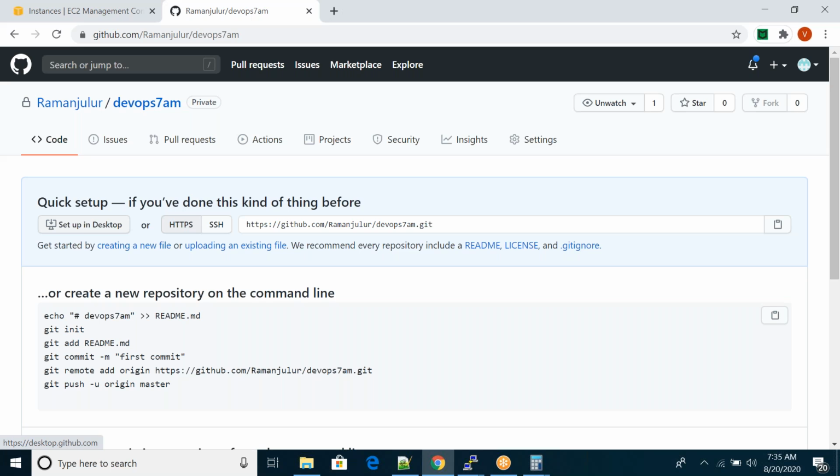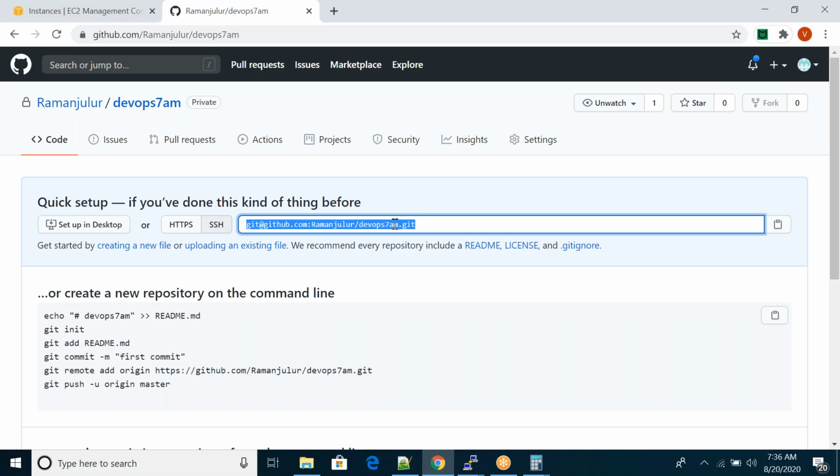If you want to host this project on your desktop, you can follow the setup steps. Otherwise, if you want to clone this repository onto your servers, follow this link. Here you can see HTTPS and SSH. First we will discuss SSH, then we will go for HTTPS. Just copy this link,